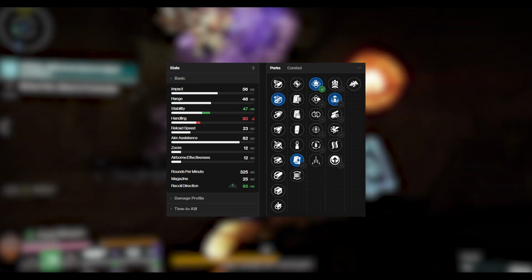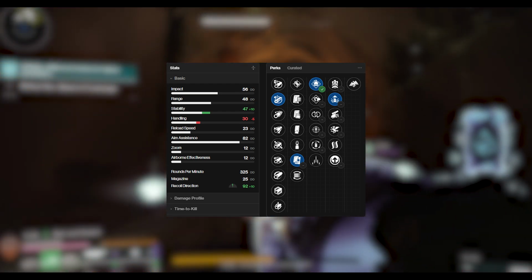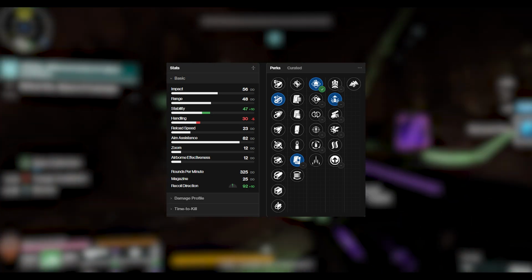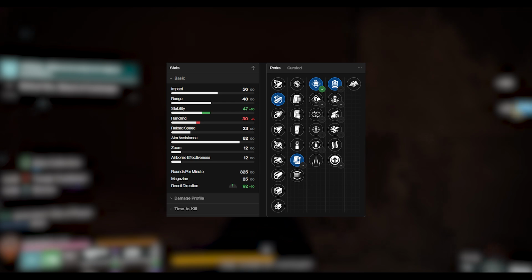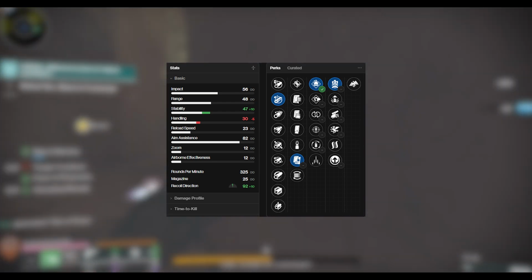It goes also from 6.7% up to 33.3% on 5 stacks. And also if you get a grenade kill, it will immediately give you the 5 stacks. The last perk would be Desperate Measures. As always, 10% on first kill for 7 seconds, then 20, then 30 on the next 2 grenade or melee